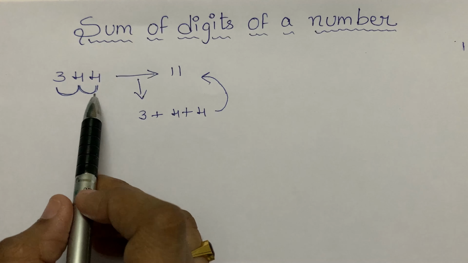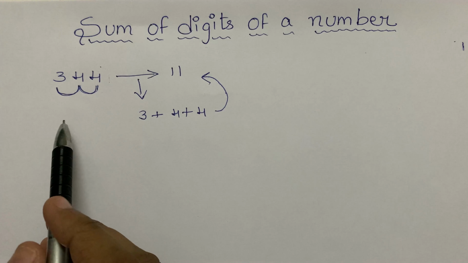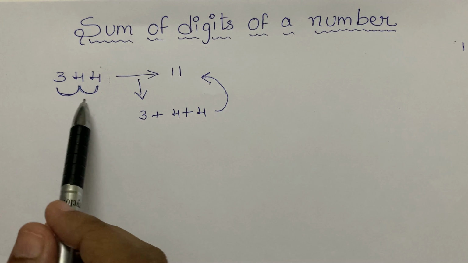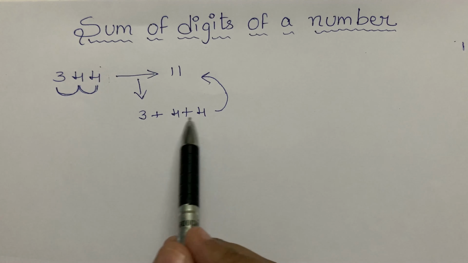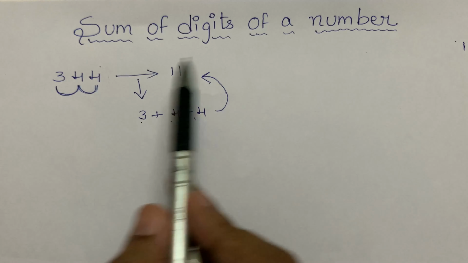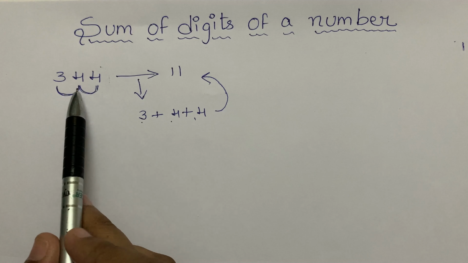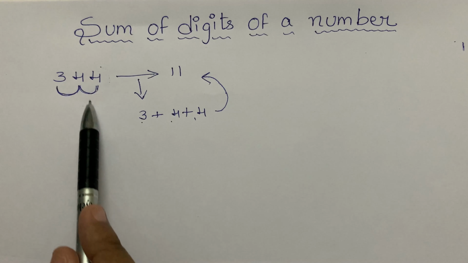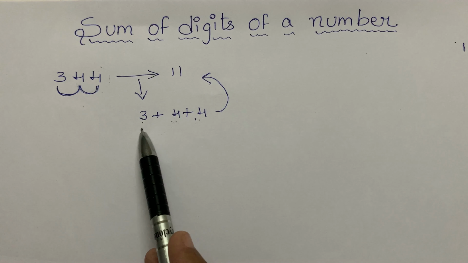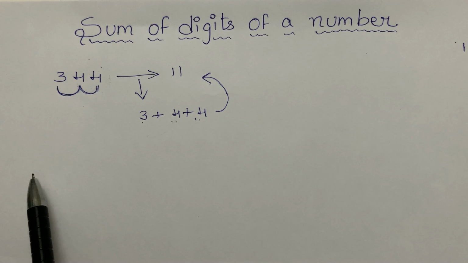Now, how to find the sum of digits of a given number? In this video, I will be discussing this concept. We know how to add single numbers. These single numbers are individual digits from the given number. So, initially we have to divide the given number into digits. The ones place digit should be taken, and the tens place digit should be taken, and the hundreds place digit should be taken. How to divide the given number into digits?